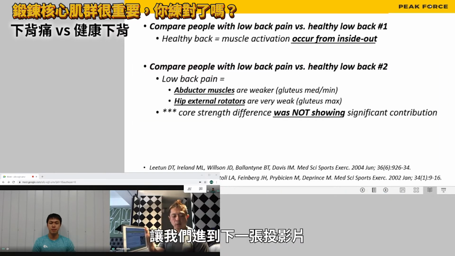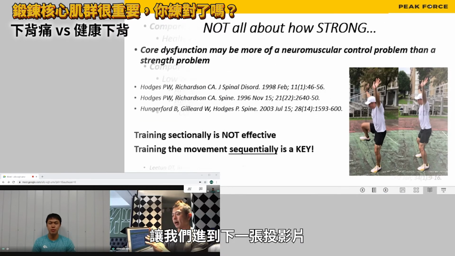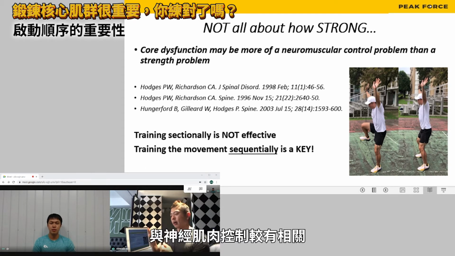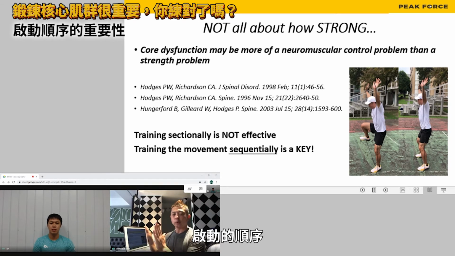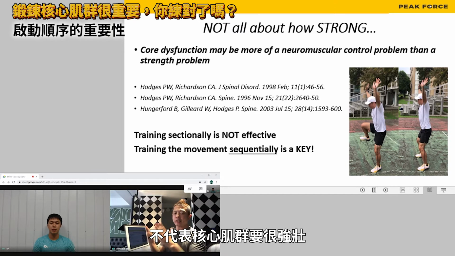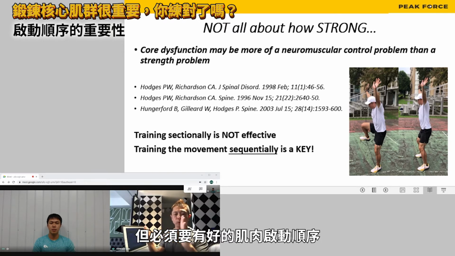Okay, so let's go to the next slide, talking about not all about how strong. Okay, we're talking more about the neuromuscular control, the activation order. Okay, it has to come from the core to activate. It doesn't necessarily mean that it has to be strong, but it has to have a very good order